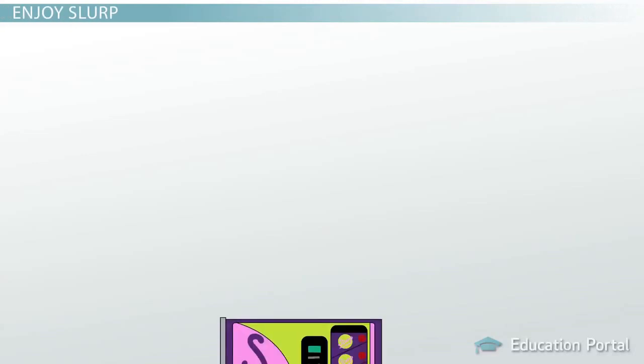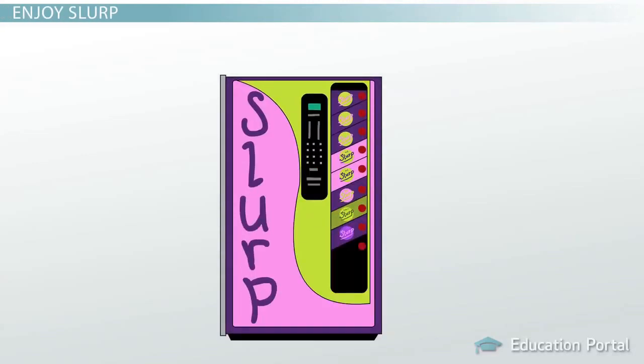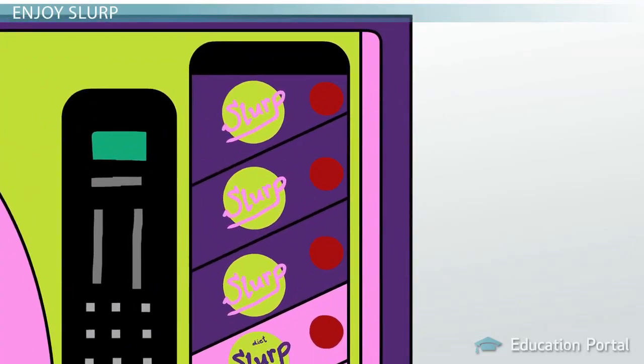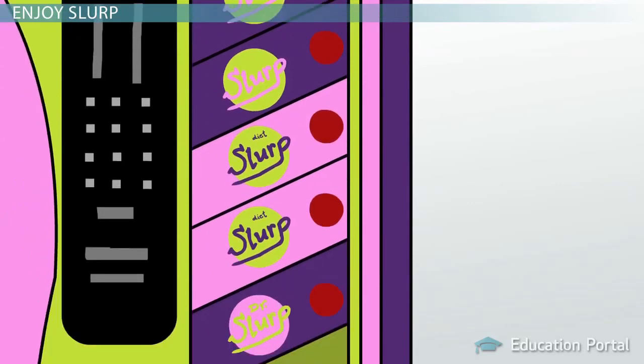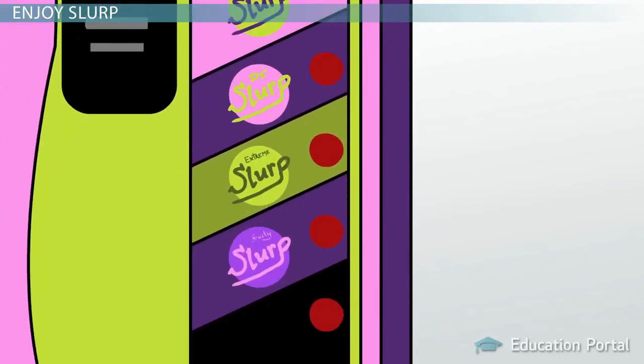Let's say we've got a soda machine. It could be called a function, right? I mean, you push the button telling you what kind of soda you want, the input, and then it spits one out, the output. All right, well, for lack of a better word, let's say this is a slurp machine. It has 3 buttons on top that will all give you regular slurp, 2 buttons for diet slurp, 1 for Dr. Slurp, 1 for extreme slurp,